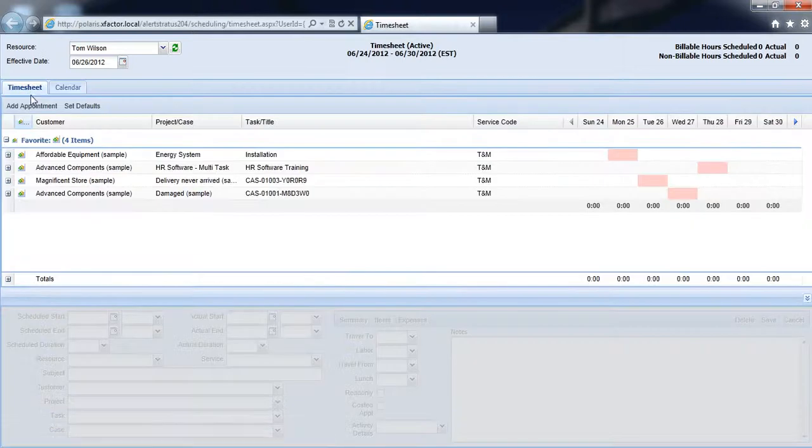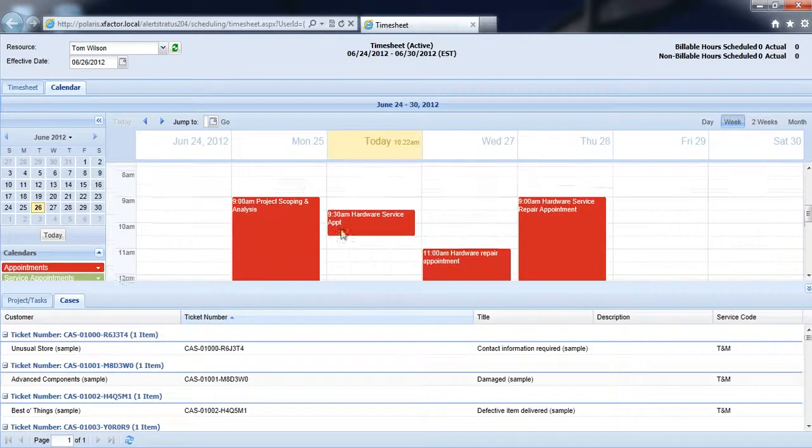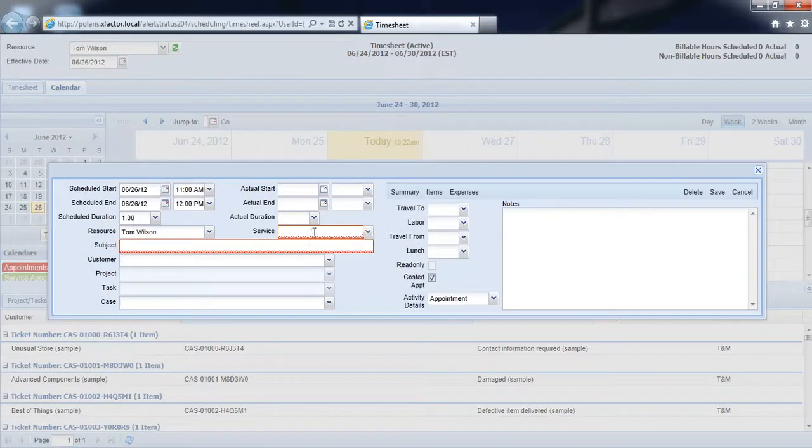And if I select our timesheet tab, here I'll be able to see all of the different appointments and service activities that I've been scheduled for, and then here is where I'm going to be submitting all of our time, parts, and expenses. So going back to the calendar,